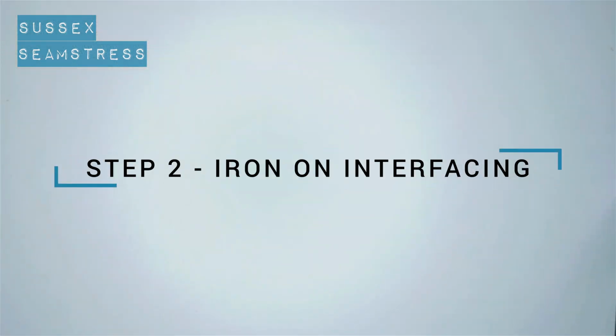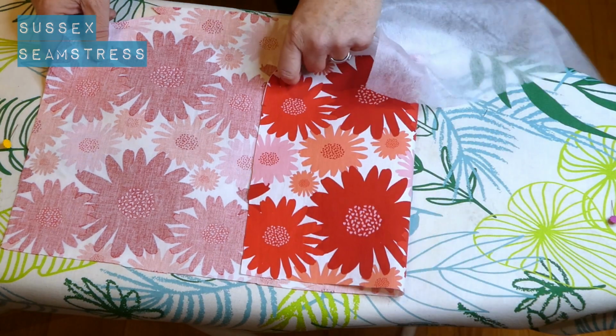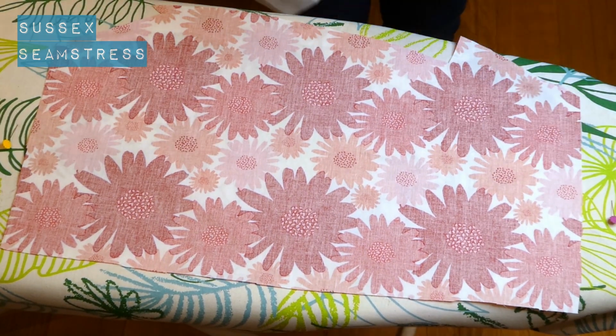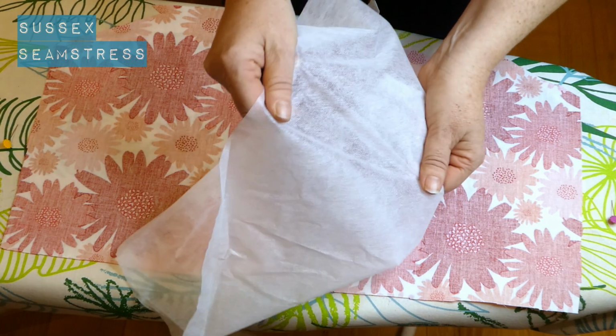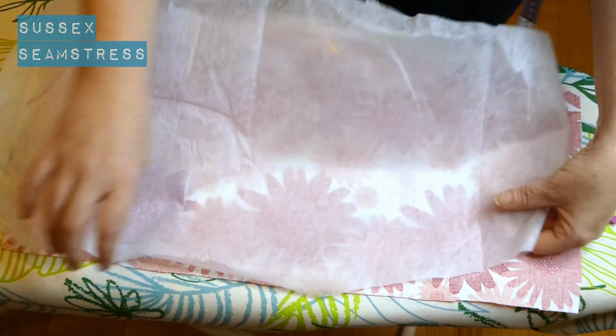Okay, so next we're going to take that piece of fabric that we know fits our yokes onto, place it patterned outside down. So we've got the wrong side up, and I've got some very light interfacing here. You can see it's slightly shiny on the glue side and it will feel a little bit rough. So I'm going to put the glue side down